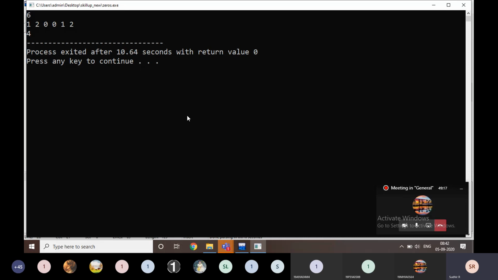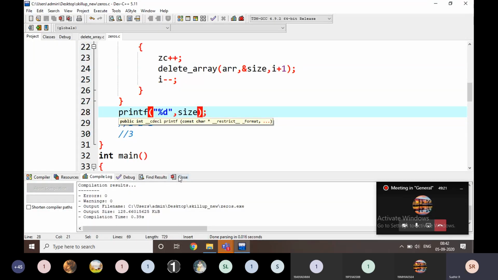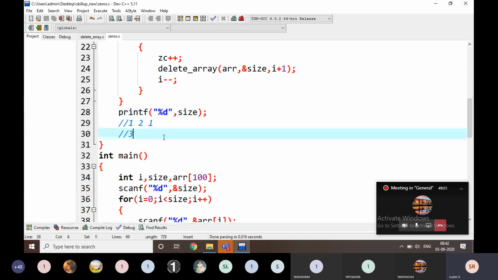That means I am going to start at 4. Just look at everyone, I am going to start at 4. I am going to write now: i is equal to size.